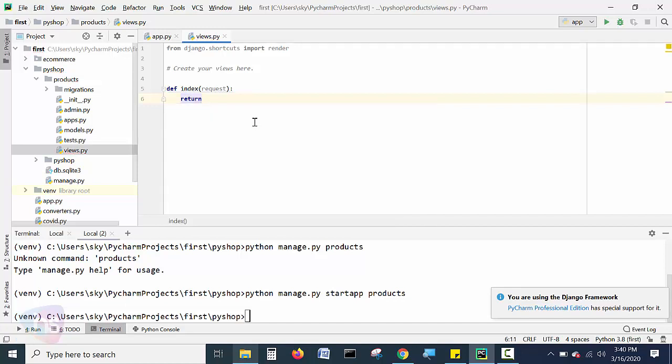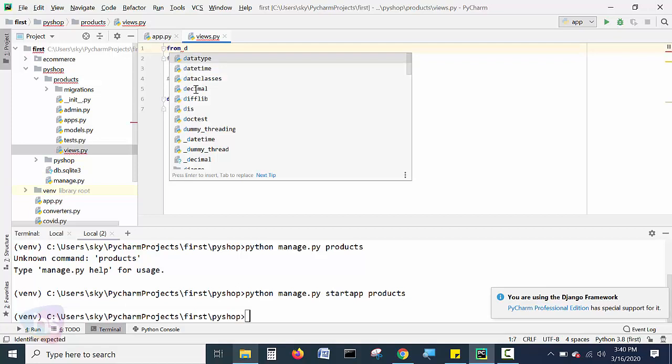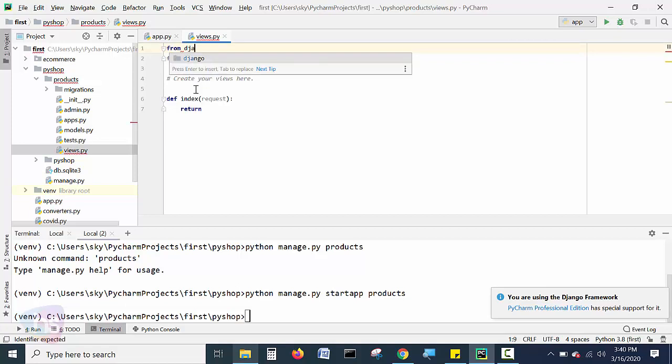Basically, the user makes an HTTP request from the browser. For that, we need to import from the Django framework, from django.http, the HTTP package.